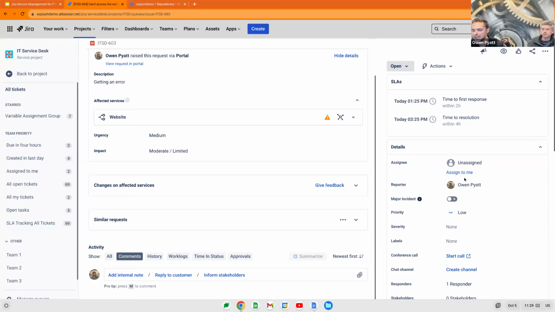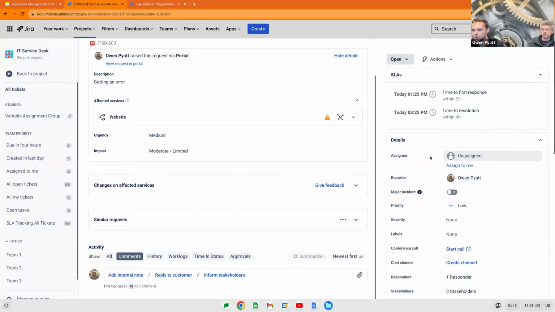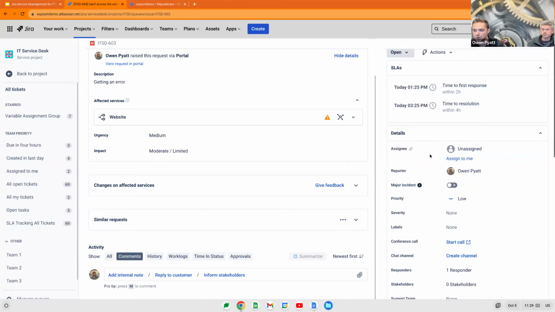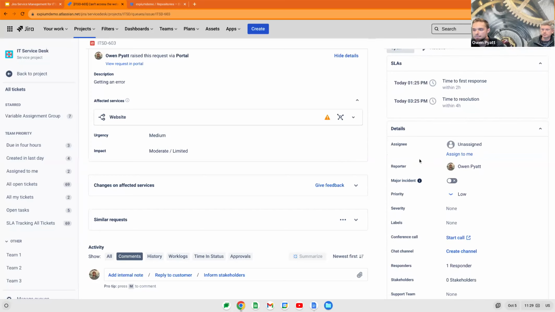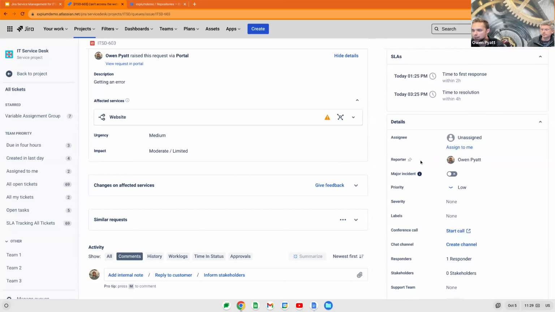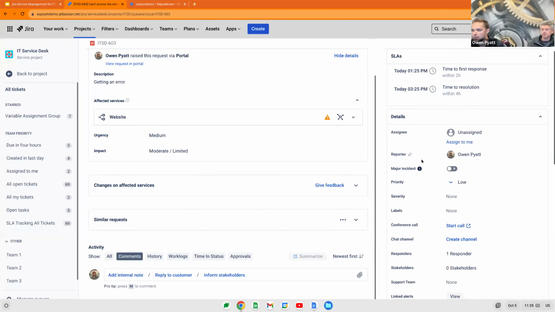So moving over to the right-hand side of the screen, we're not all the way done with all of the features that you get from incident management. It's probably the most feature-rich feature out of the ITSM features in JSM. So a lot of clicky buttons that you get when you turn on incident management. So the first one on this